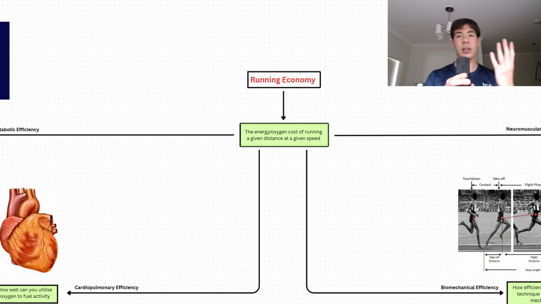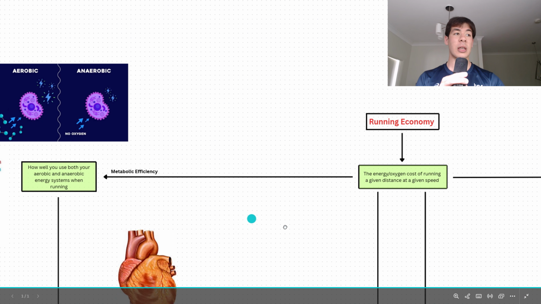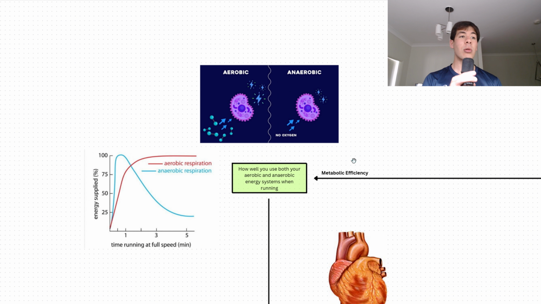Now, there are 4 main factors that come to mind when it comes to determining your running economy. The first one is our metabolic efficiency, and this is how well we use both our aerobic and anaerobic energy systems when we're running. Our aerobic energy system is what we should be primarily using. This is when we use oxygen to convert our carbohydrates and fats into fuel to help us with our performance. The other energy system is the anaerobic energy system. This is without oxygen, and instead we use the carbohydrates or fats stored within our muscles to help fuel our performance. But with the anaerobic energy system, when we do this, we end up creating a byproduct called lactic